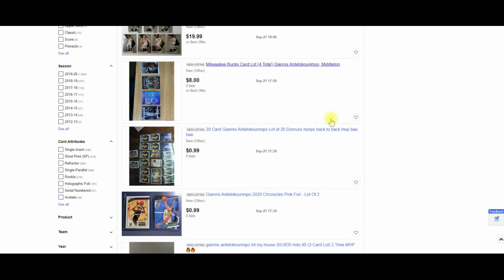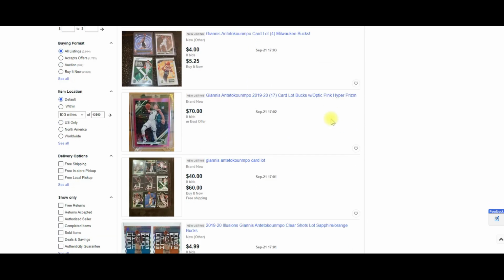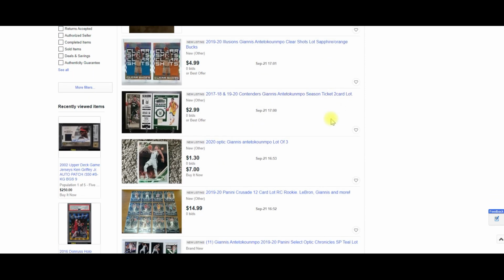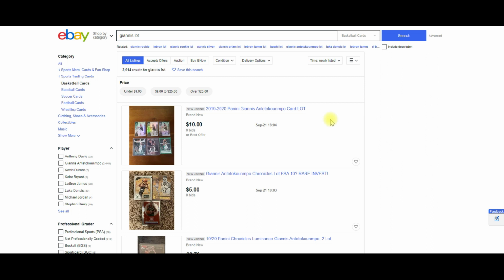So this works again for top 5 players or so in every sport. For basketball, Giannis, LeBron, Kobe, Steph, Luka. Baseball, you got Trout. Some of the old athletes too, Griffey, Jeter, those work as well. What you're going to want to do is just find a few athletes in each sport that, if you were to pick up some cards and get them graded PSA 10, you're going to be able to sell a lot of the base cards for $50 to $100 in PSA 10s,